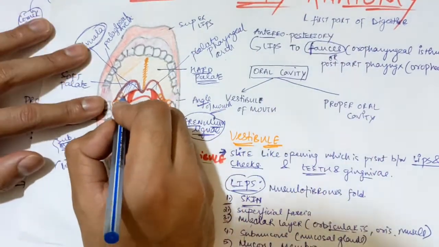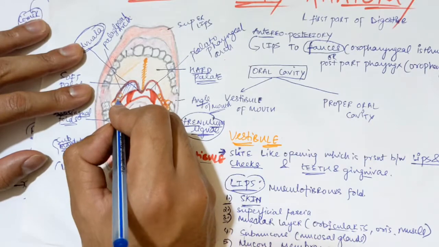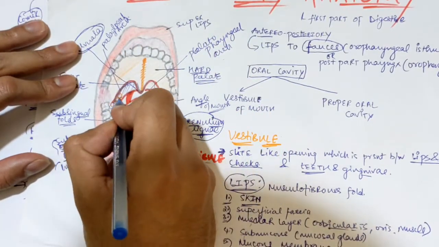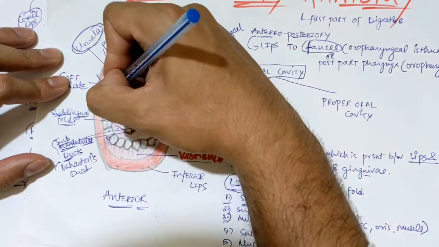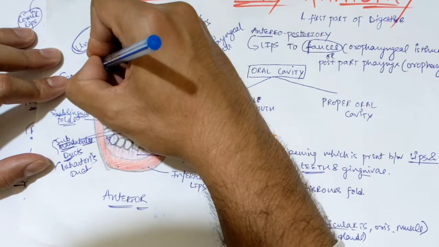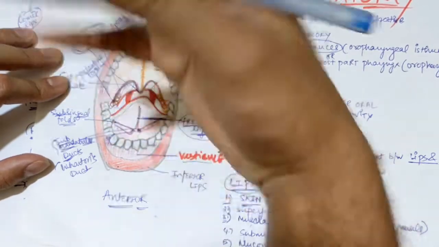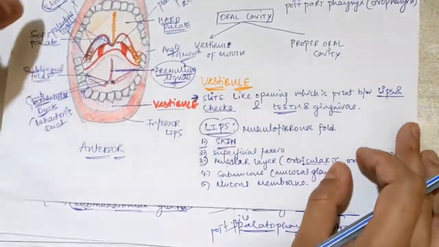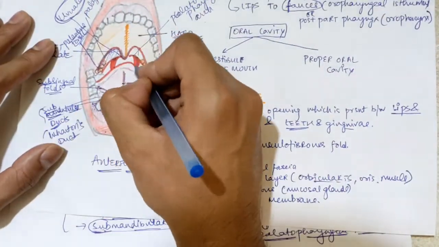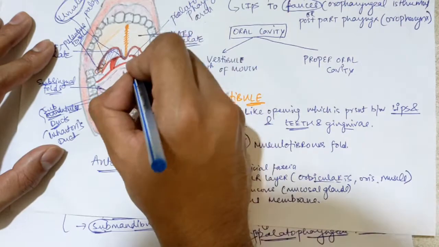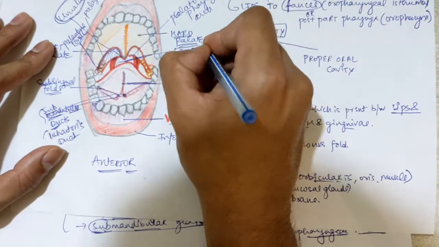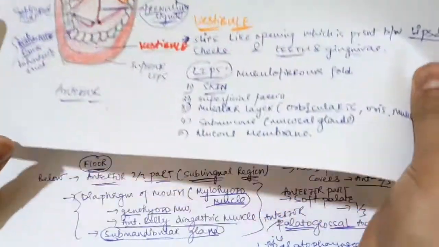Between these two arches there is a fossa called the tonsillar fossa. Between them you can see this small orange part, which is called the palatine tonsil. We will discuss this in detail when we discuss the palate specifically. In the diagram, these red ones are the fossae, not fauces. The gap is called the fauces. So I think this much is clear.